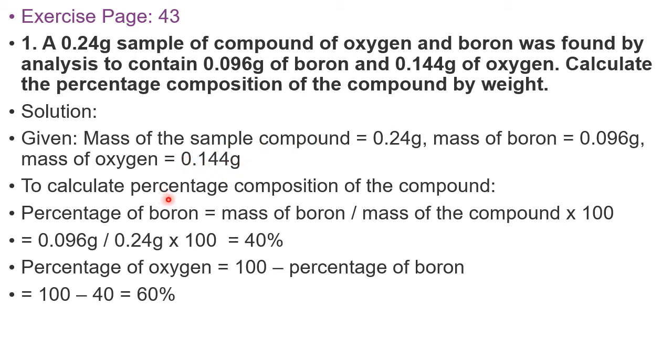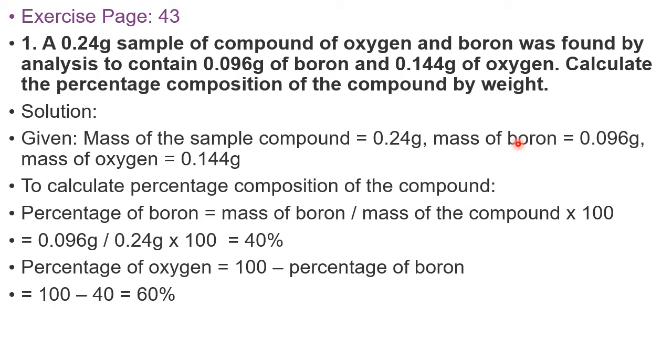Okay, now let us calculate percentage composition, right? 0.24 gram sample of compound contains 0.096 gram of what? Boron. Then for 100, how much? Okay, how you calculate your percentage of marks, you know? For 600, mine is 596. For 100, how much? That means you have scored 97% like that.